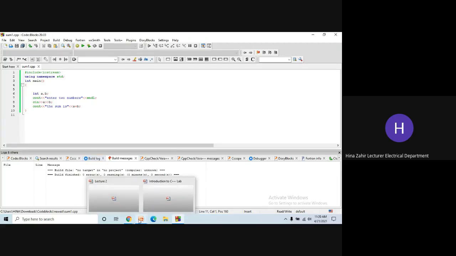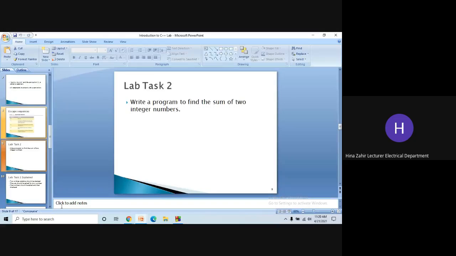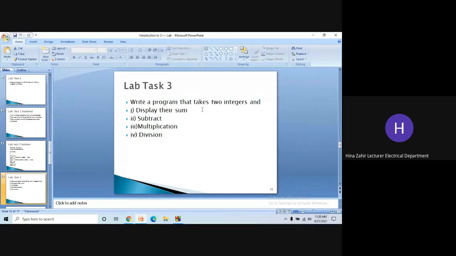Now look at our lab number 3. It says write a program that takes two integers. You already wrote a program that takes two integers from the user and displays their sum. You did this. But along with displaying their sum, you have to display their subtraction, multiplication, and division. Just add